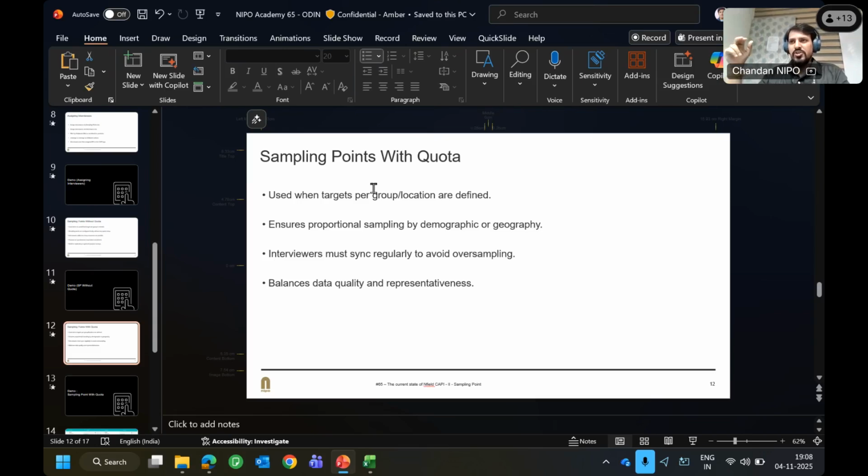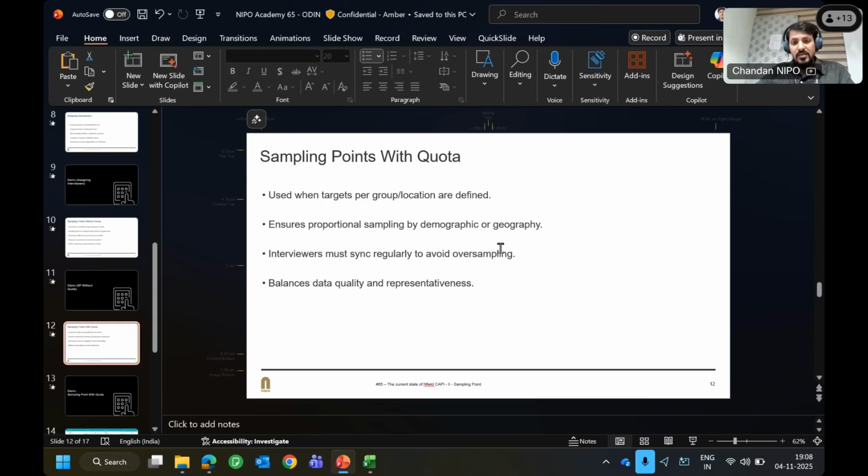So whatever achievements they have completed, they have to sync as soon as they cover them, so that it reflects within the sampling points and quotas. That balances data quality and representativeness. So we will see in the demo how we can add the quota for sampling points,